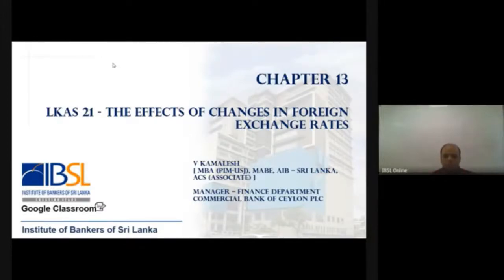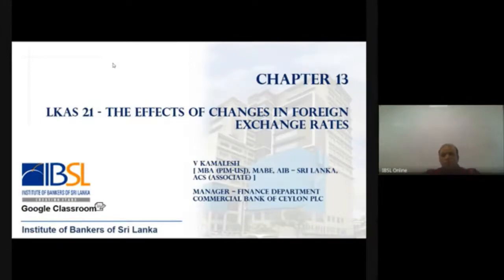So you know what an exchange rate is. Today the dollar rate, the rupee equivalent of $1, is called the exchange rate. So likewise, you have rates for GBP, Euro, Australian dollars. Likewise, you have other currencies. For all these currencies, there is a rupee equivalent. One unit of a particular currency is the equivalent of so many rupees. So that is what we call the exchange rate. Today, if you look at the dollar rupee rate, it will be somewhere around 185 to 190 rupees per dollar.